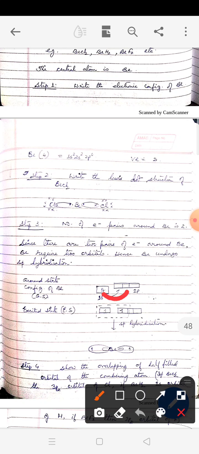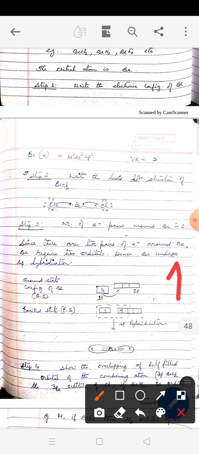You can see here I have promoted one electron to the higher orbital, and please check the nature of the arrow we have used. The arrow should be like this, a half arrow. This arrow is called a fish hook arrow. When you go fishing, the hook is attached to the fishing string. So that kind of arrow shows movement of one electron. If you draw an arrow like this, it shows movement of two electrons. So here we use this arrow.